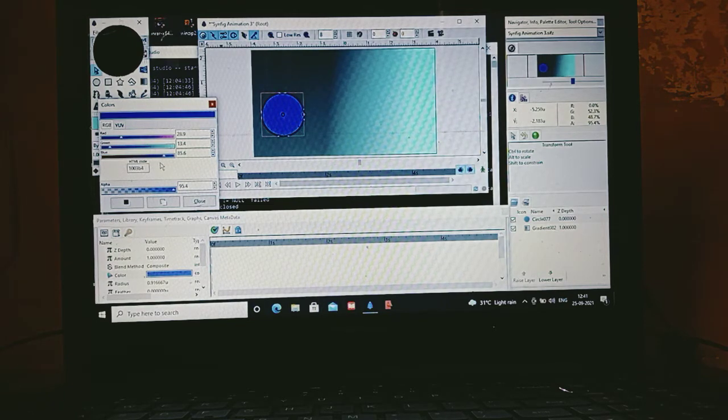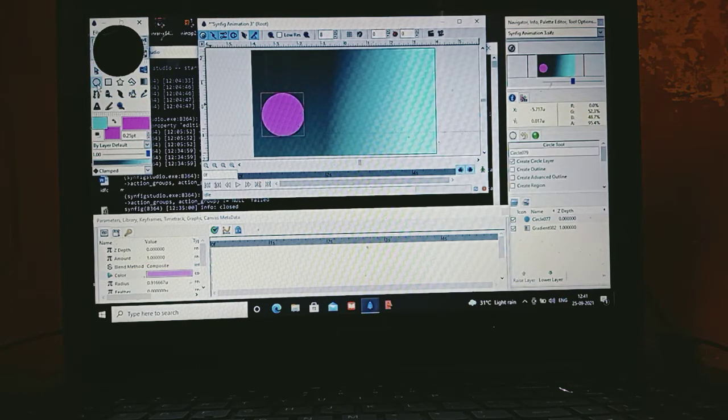Any color you prefer. Okay, so this is done. One more thing is I will be doing a special effect on it. So right now you can keep any color you want, because after that you have to change it anyway. Okay, let it be this color only. It's done. Now another ball you can draw, or else first you can draw this ball and give this effect. So let me give it the effect only.